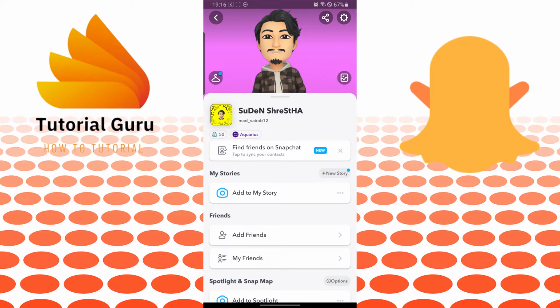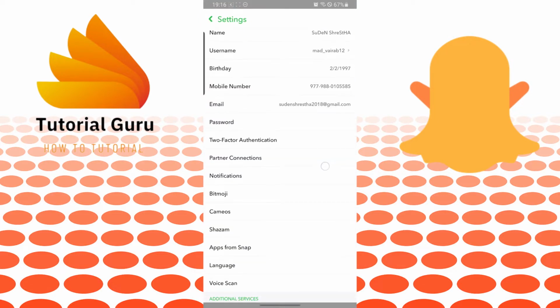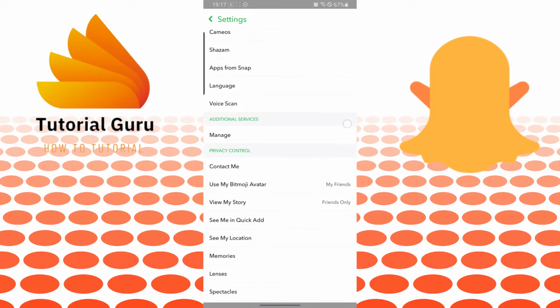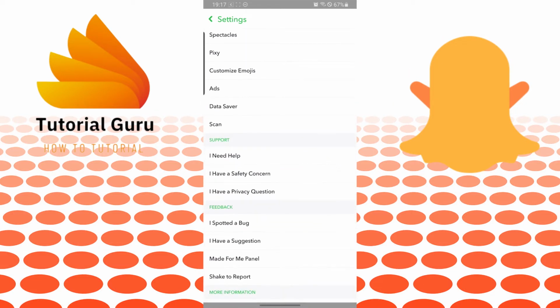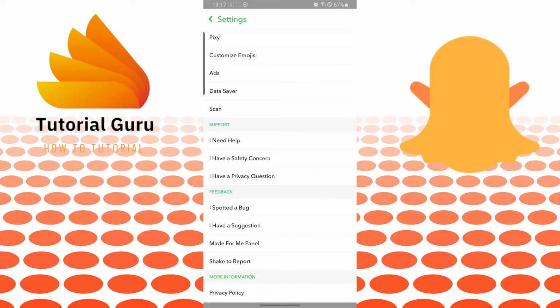Tap on the settings icon or the gear icon, and after that on this interface you'll be required to scroll down until you see the I need help option by support itself, and you can see there it is, the I need help option available in the support category. Tap on I need help,